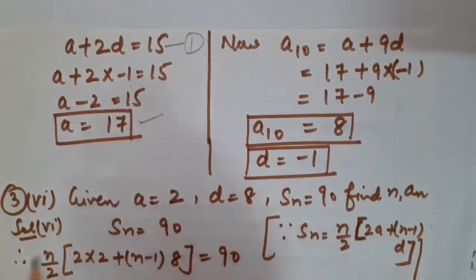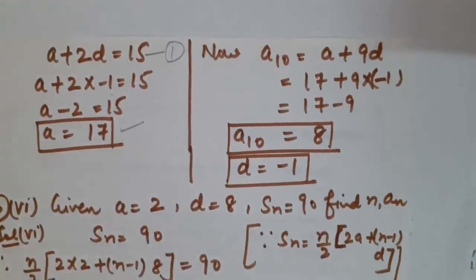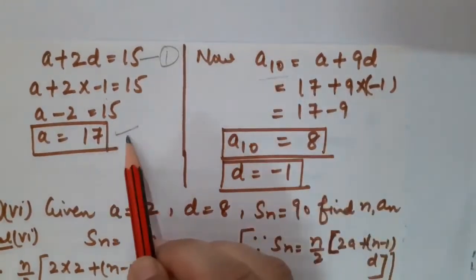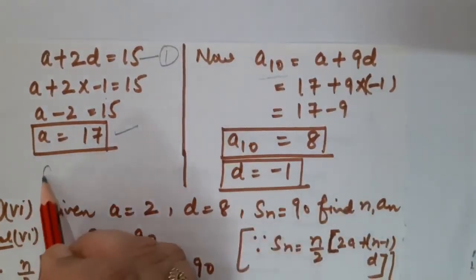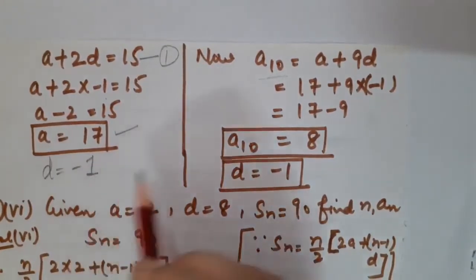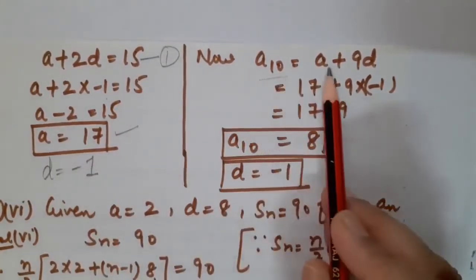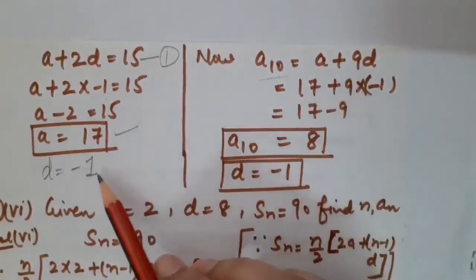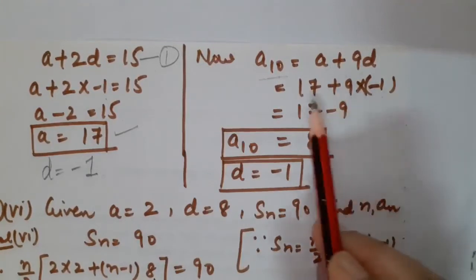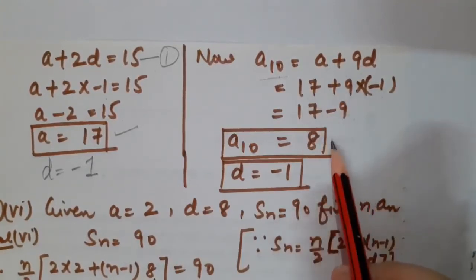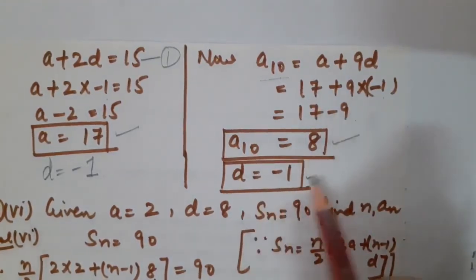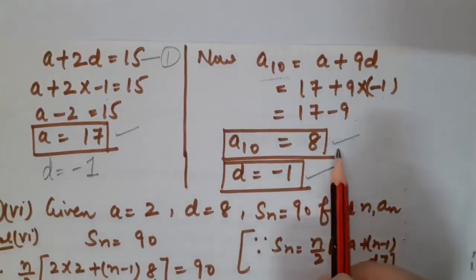Correct, student? What else we were going to calculate? We were asked to calculate the 10th term of AP, that is a10. Fine, children. Now you know a, you know d. What was d? d was minus 1. So we have to calculate the 10th term, that is a plus 9d. At place of a you put 17 plus 9 into, at place of d you put minus 1. It would become 17 minus 9, that is 8. Correct? So we were asked to calculate two things. One, the common difference, and another the 10th term of AP.